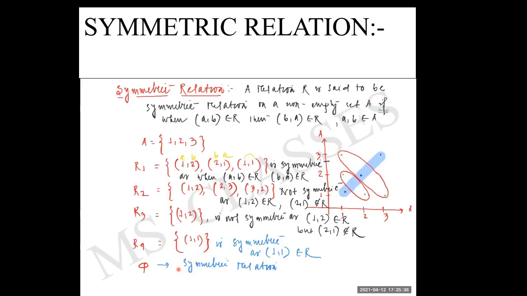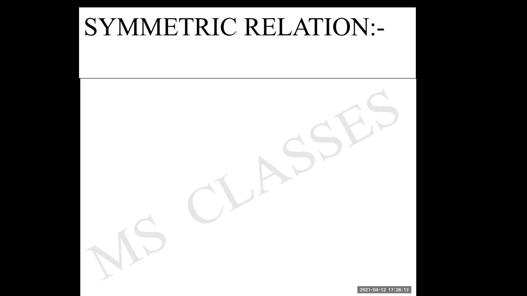Then what will I tell? If you are saying not symmetric, then you show me how it is not symmetric. To show that, at first you need to have some element. Suppose you have 1, 2, and then if you can show 2, 1 is not there, then you can say it is not symmetric. But here, children, you don't have any element. Since you don't have any element, you have to accept this is a symmetric relation. Like you have done in class 11, mathematical reasoning, this concept: vacuously satisfied. There is vacuous satisfaction.